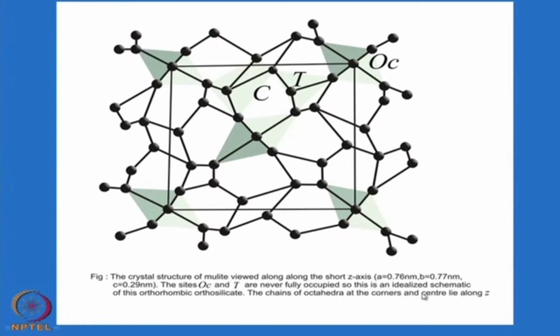So, this is an idealized schematic of this orthorhombic orthosilicate. Okay. These are the orthorhombic structure, and the chains of octahedra at the corners and the centers lie along the z axis. So, again the symmetry is through a group of atoms. Okay. The tetrahedra and the octahedra are also there. Okay. So, this is the mullite structure, which is a very important compound whenever you are talking about any